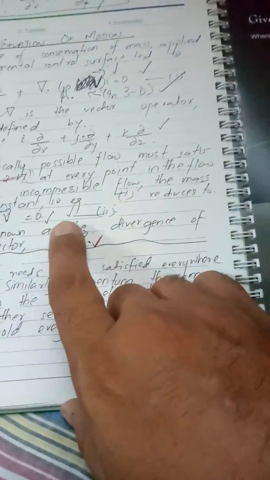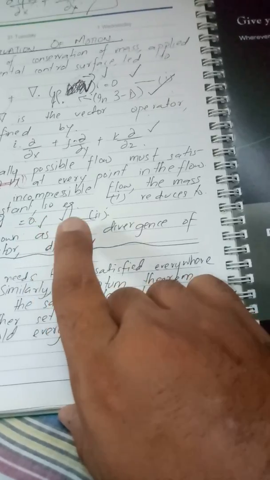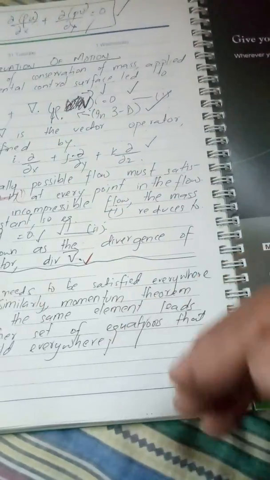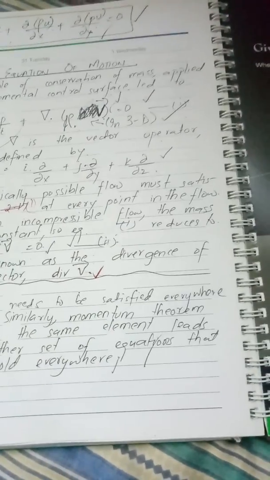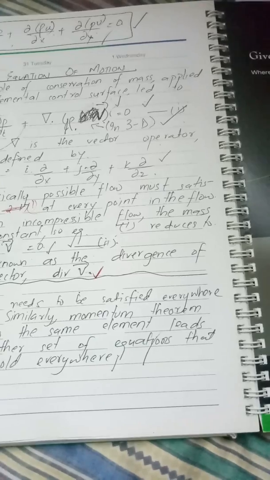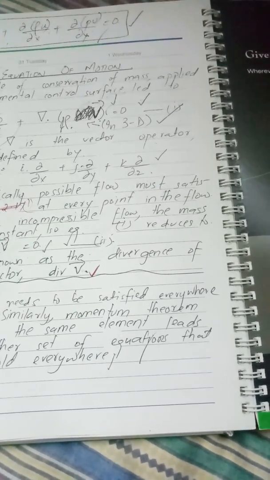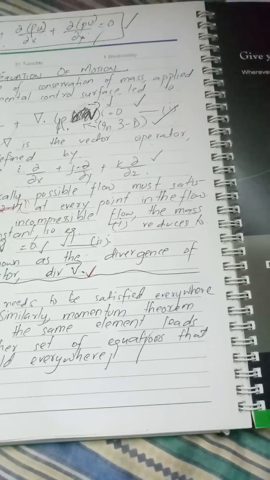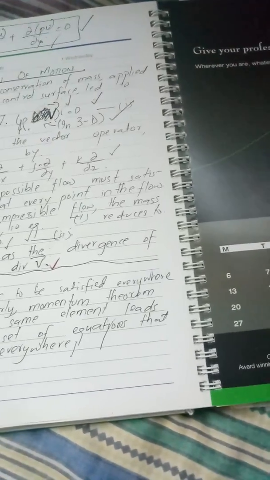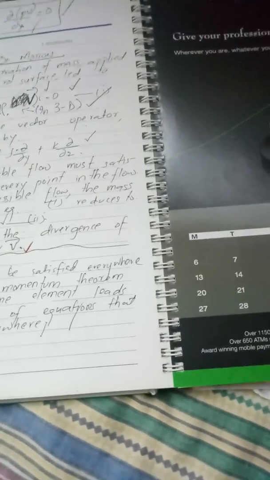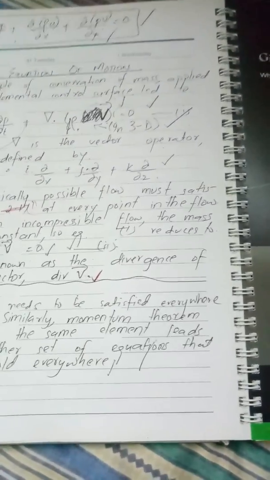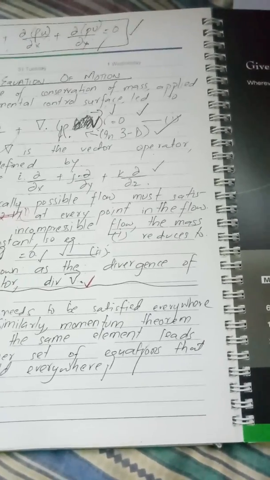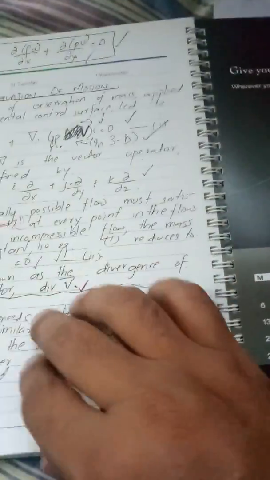which is this one: for incompressible flow the mass density is constant, so equation 1 reduces to this one. Okay, so this sets out the whole principle of conservation of mass being applied and observed. So with the help of the conservation of mass, and similarly with the help of the momentum theorem that we have discussed, we have applied the vector form on a surface area,